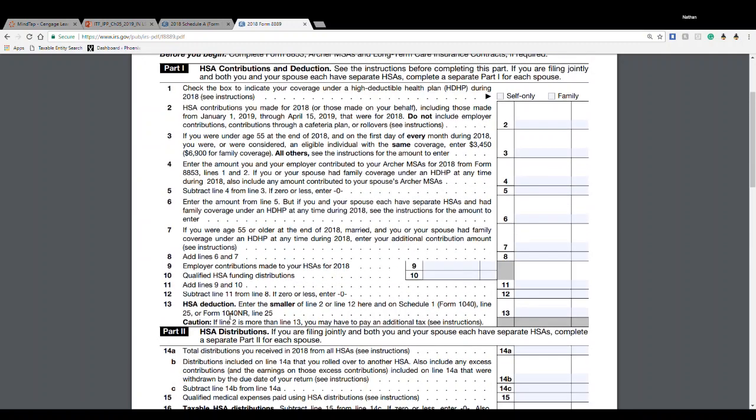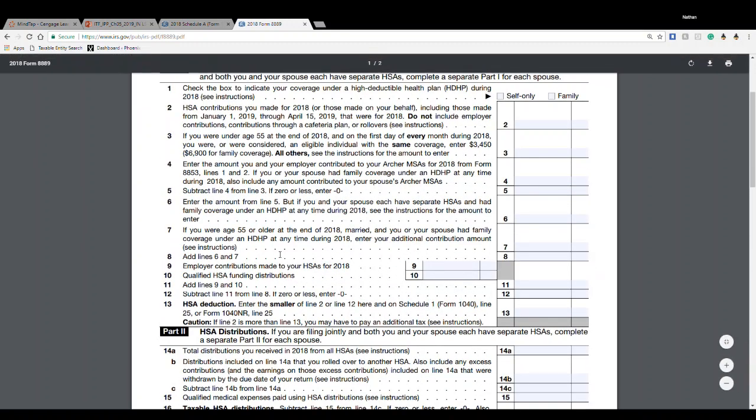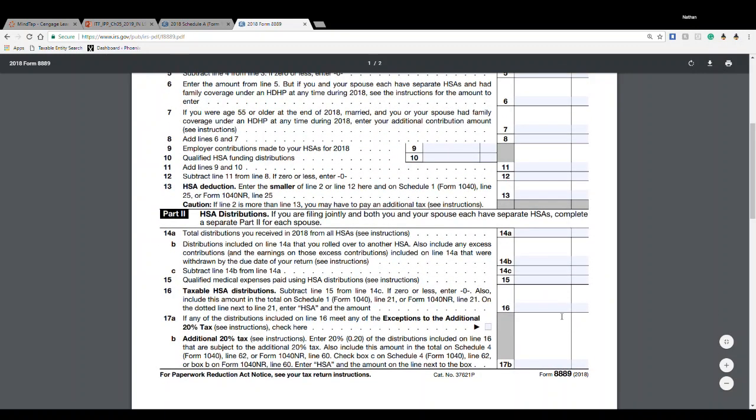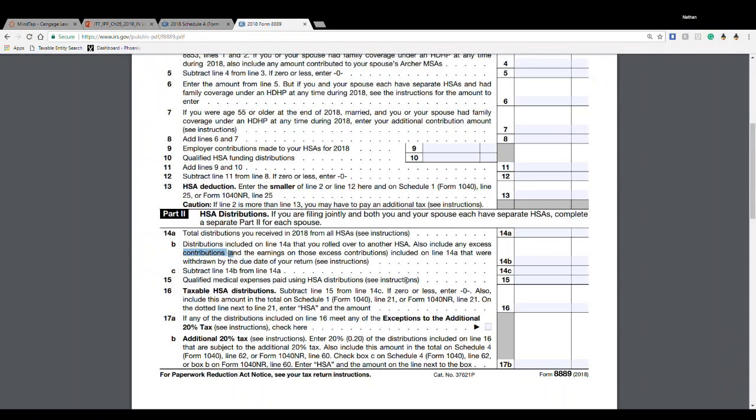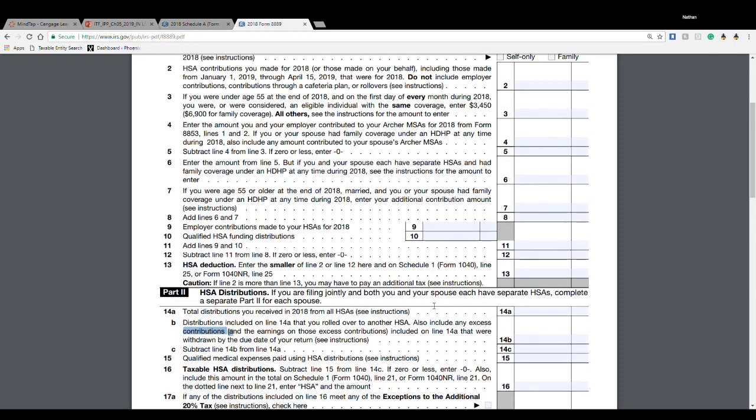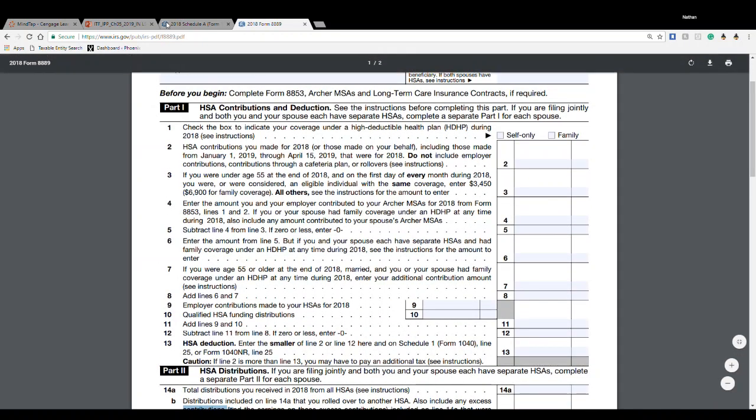Now, excess contributions, that will start showing down here. Excess contributions, so that's where you get here. Also include excess contributions, because that is really what gets you on the 20% tax. People forget about that. Okay, so always make sure you do medical. Do lots of medical. Okay, but never go over your limits. Okay, so